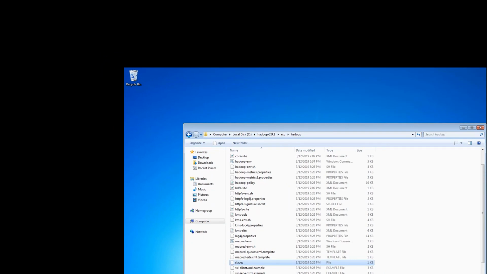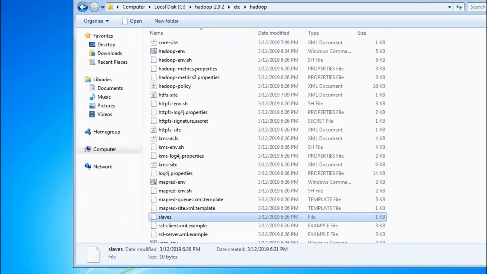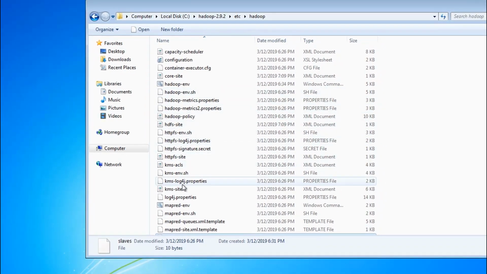Okay, an important point to remember is that the default configuration puts the HDFS metadata and data files under /tmp or c:/tmp on the current drive. For your first test setup, you can just leave it as default. The next important one is mapred-site.xml.